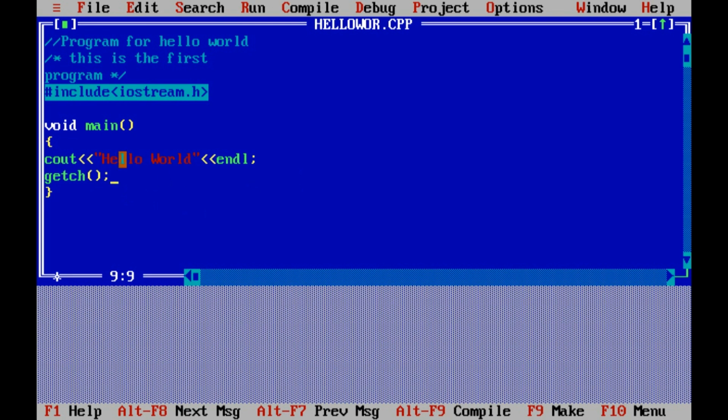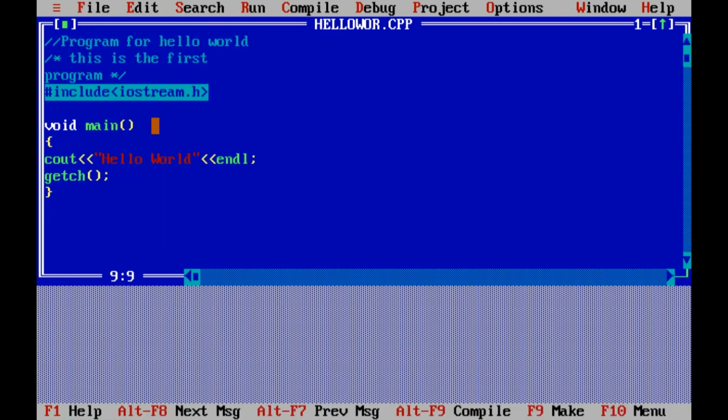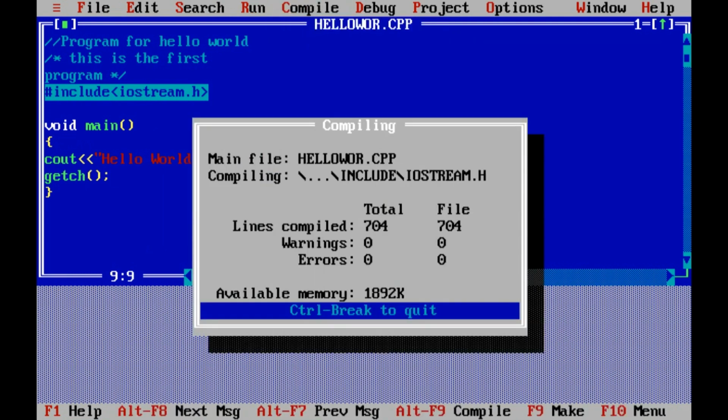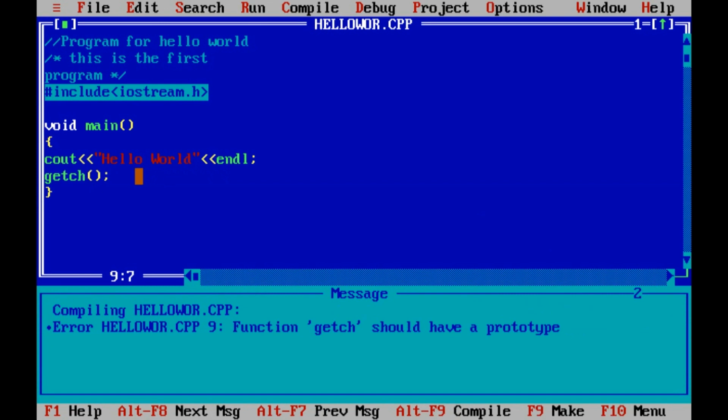So I have written the getch function, and I will again save this file because I have changed the program. Save, again compile. See, after compiling, after the modification, that is the inclusion of the getch function, it is showing one error: function getch should have a prototype, because getch is also a system defined function, but it is not included in iostream.h.